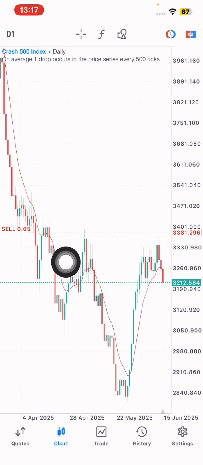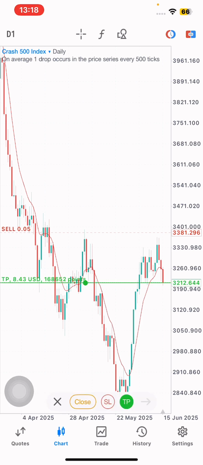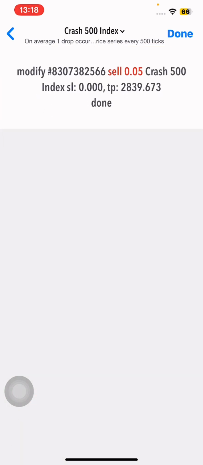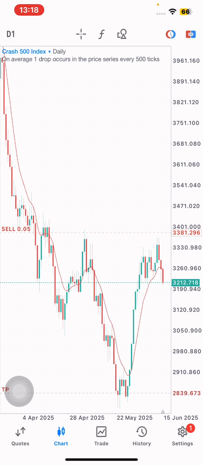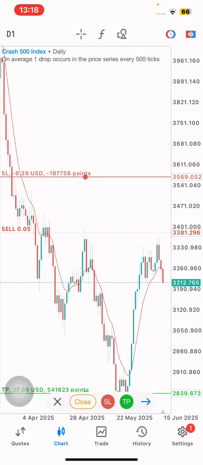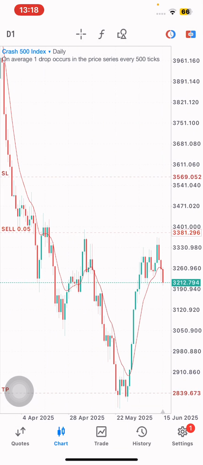So we are looking for any reversal market condition that will push this market downwards into its previous condition, which is around the 2040.8 price level. Let me even set it as TP, which is the current market condition I'm expecting for this market. You can see, let's leave it like this. So you can see this is the TP and your stop loss can be somewhere around here, above this major structure. So that's just it. That is for Crash 500.